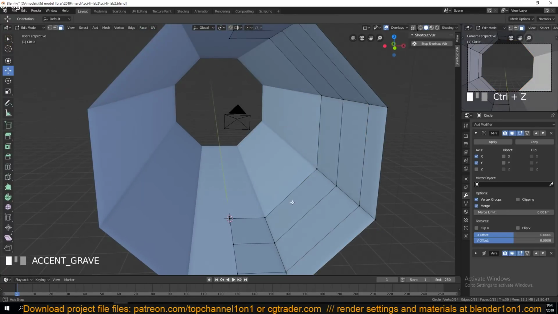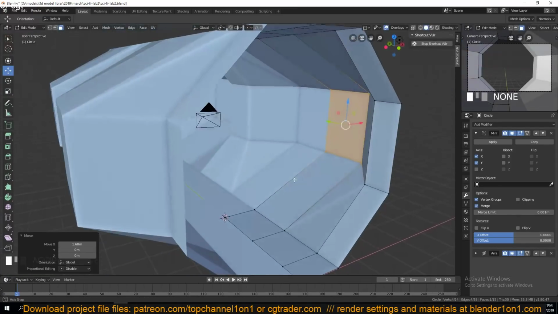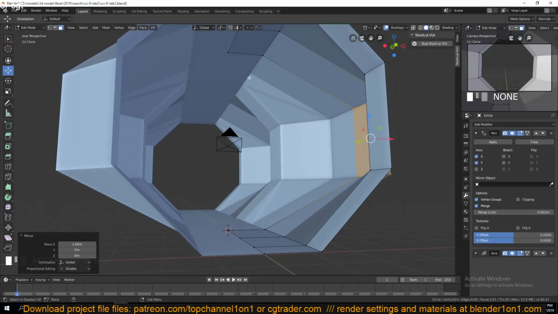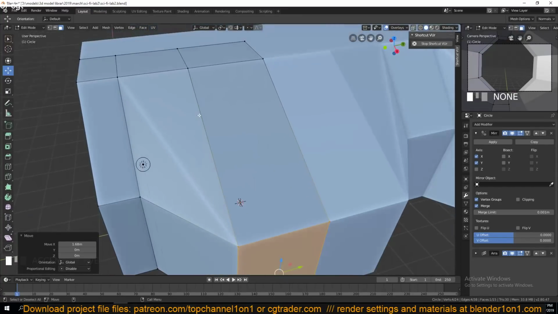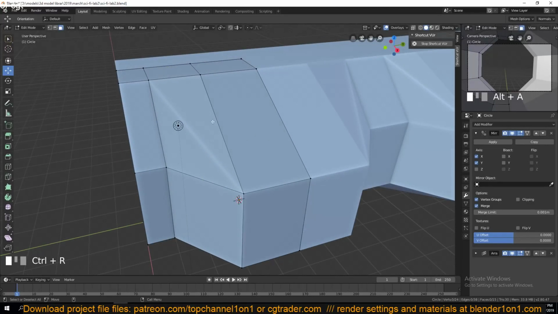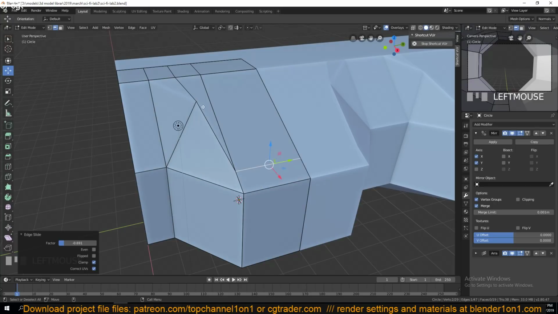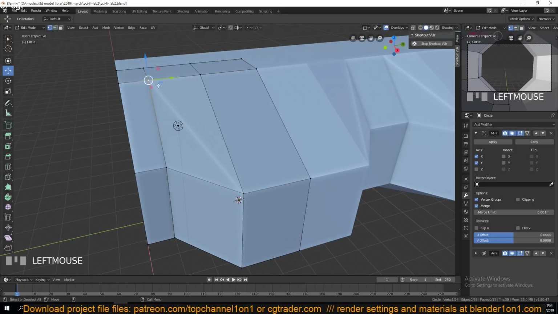Before we do that, let's see if I push this out. I'm getting some issues here. I don't know, how should we fix this? So if I bring a loop here and then here, so add a loop. If I add a loop here, subdivide, push this like this. If we add a loop here,